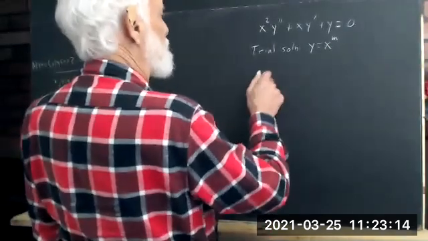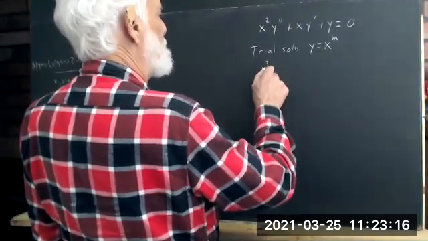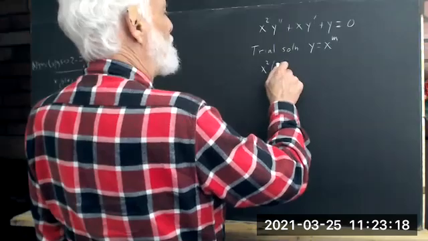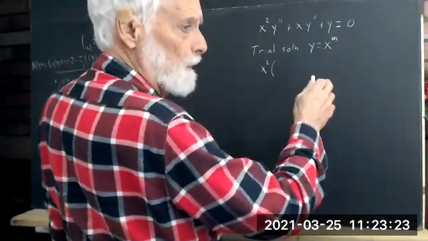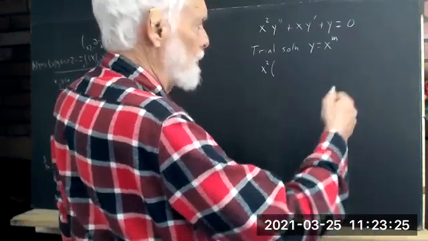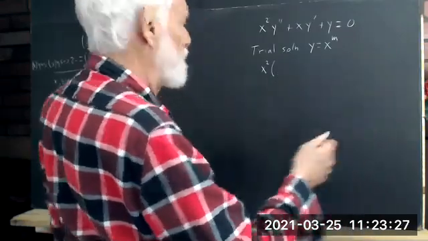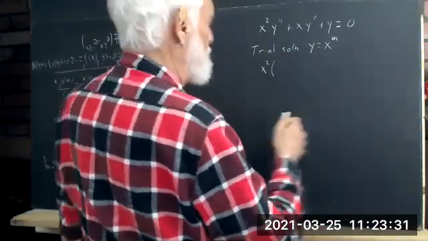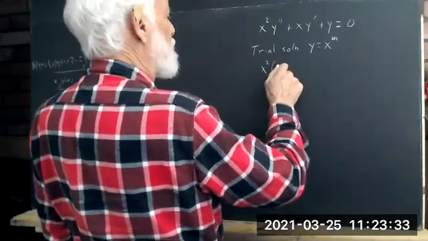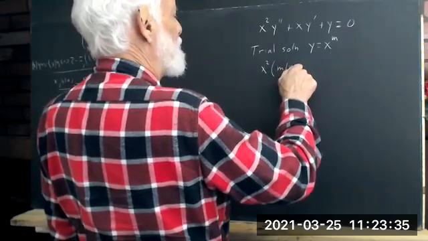So using that trial solution, you get x squared times, now what's your constant? First derivative is going to give you a factor of m, and the function is going to become x to the m minus 1. Second derivative is going to give you a factor of m minus 1, x to the m minus 2. So you're going to end up with m times m minus 1,